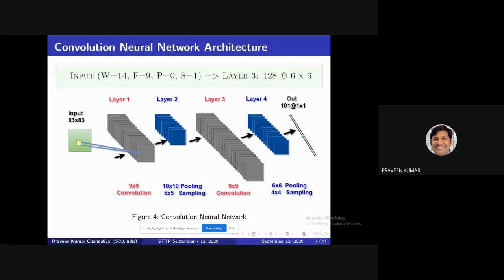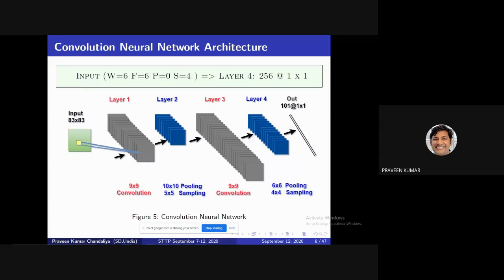Then layer 3 is applied on layer 2. The layer 2 input is 14 after the pooling layer. Then the convolution filter is 9, padding is 0, and stride is 1. Then the feature map is 128. Then for the size, you subtract 14 minus 9 plus 0, then divide by 1, since stride is 1, so your size is never reduced. Then plus 1 gives 16. Then next, again layer 4, 256.